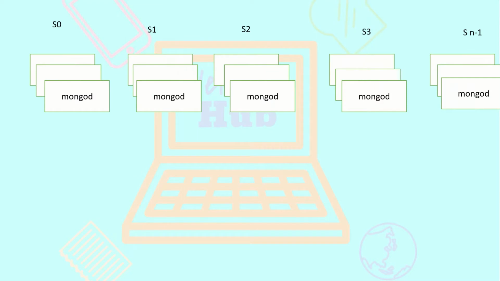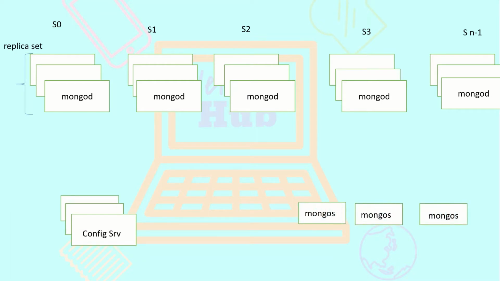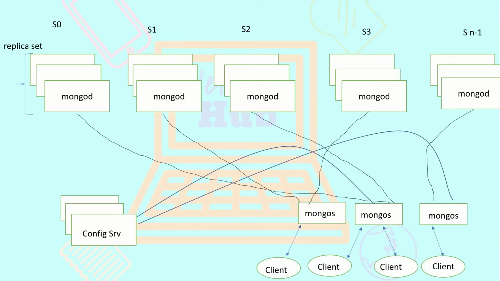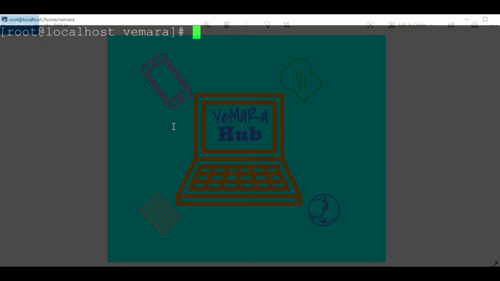In my previous video, I had discussed how the sharding setup looks like. We have different shards running as different MongoDB instances on different servers, which will have a replica set for each. Then we'll have config servers, which hold the metadata for the shards. Then we'll have mongos instances, which are the interaction points for the client. In my example, I'll be setting up the shards, the config server, and the mongos in a single server. But in a real production environment, all these will have different systems for each.